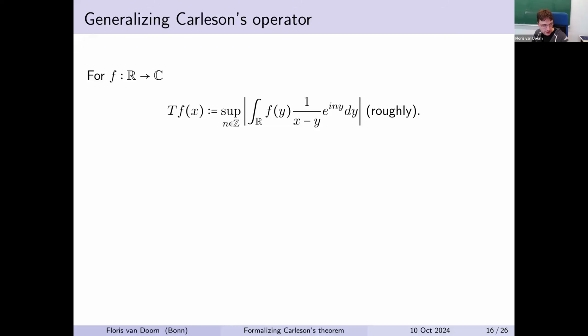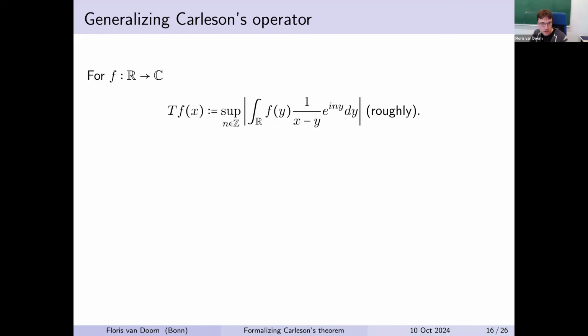So one thing I didn't mention yet, we are not just formalizing Carleson's theorem as Carleson formulated it in the 60s, but we actually formalize much more general results that were found by the harmonic analysis group here in Bonn. And so that was the reason why we started the discussion of this formalization. So the pitch is we're formalizing Carleson's theorem, but we're actually formalizing a result from last year that has not yet been published, but was found last year.